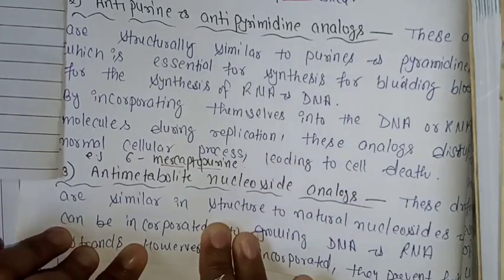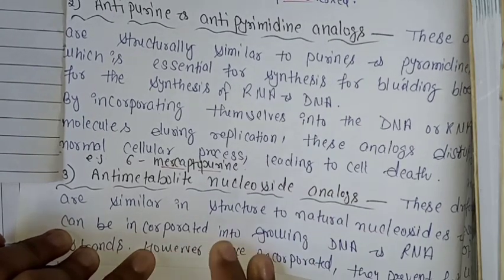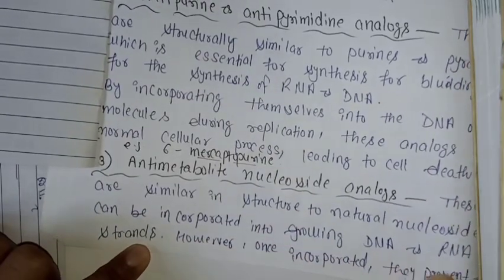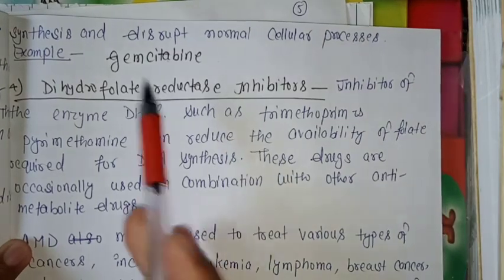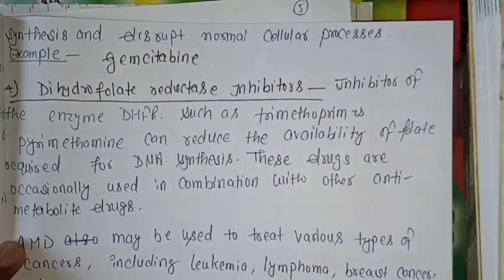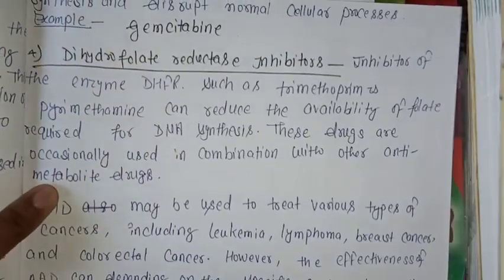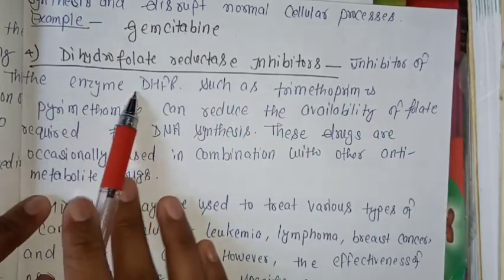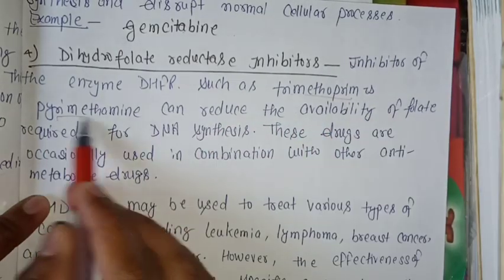These drugs are similar in structure to natural nucleosides and can be incorporated into growing DNA and RNA strands. However, once incorporated, they prevent further synthesis and disrupt normal cellular processes. Example: gemcitabine. Right. And next we have dihydrofolate reductase inhibitors of the enzyme DHFR, such as trimethoprim and pyrimethamine,